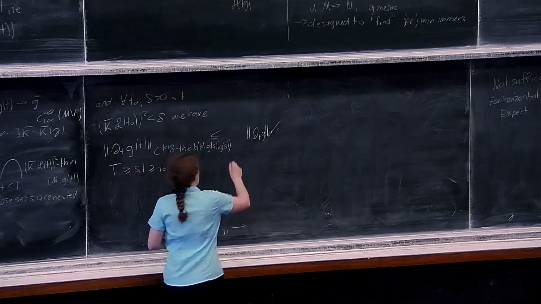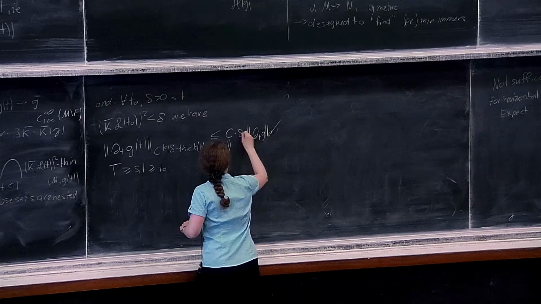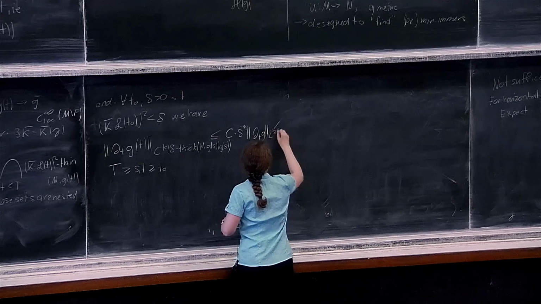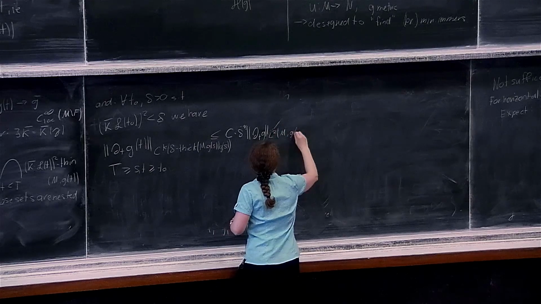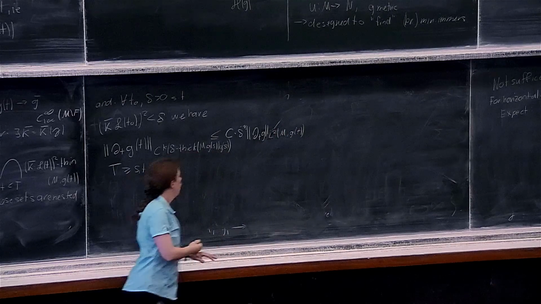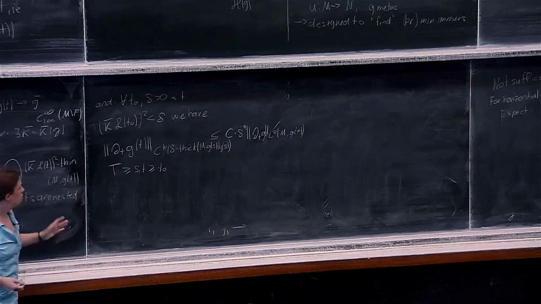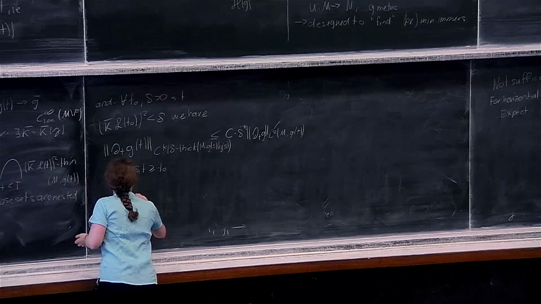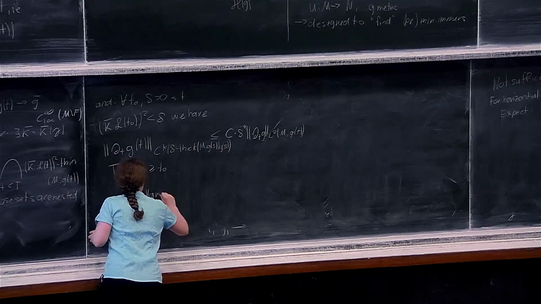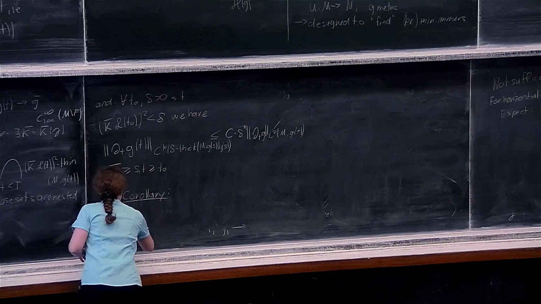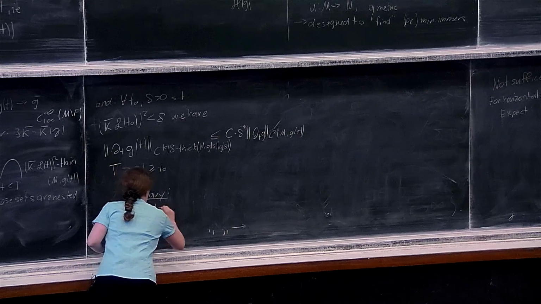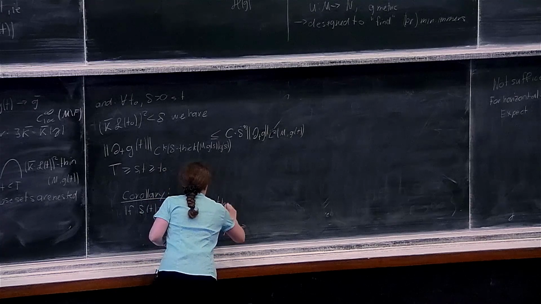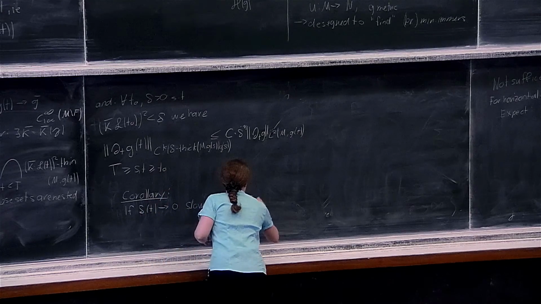And we can bound this by a constant times delta to the minus 1/2 times the L2 norm of mg of t. Now this last estimate looks maybe a bit complicated, but really in some sense, the main application of this is the following corollary. So if we have that delta of t goes to 0 slower than length squared,